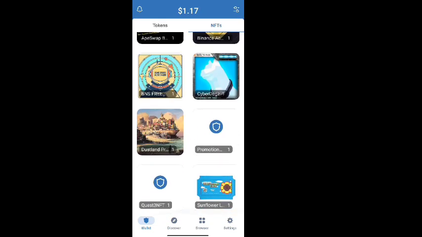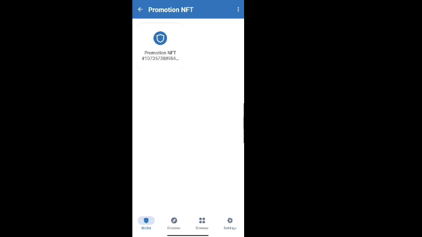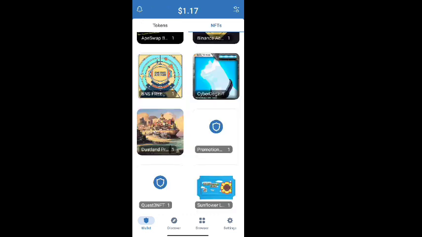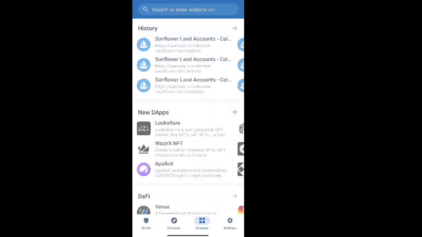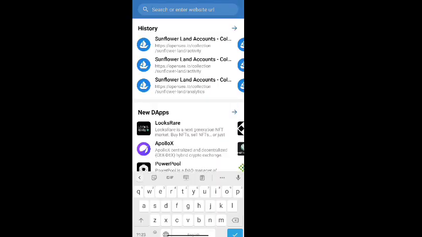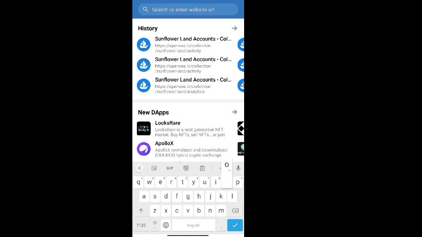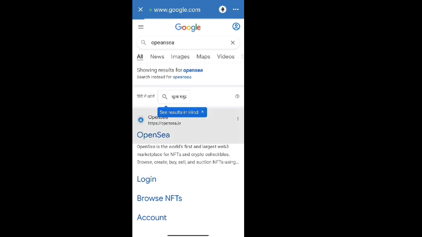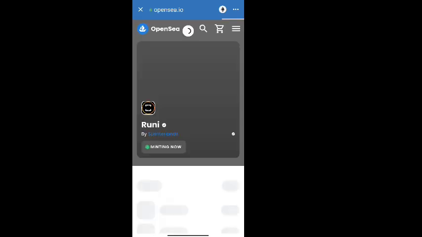And first of all, you see I have many NFTs. Like you can see here, very many NFTs I have in my wallet. So you also have these NFTs. You have to purchase these NFTs from where? You have to go to dApps and search Opensea. Yeah, here you can search Opensea. Then after searching Opensea, you come here and click on the first link, opensea.io, and then you come to